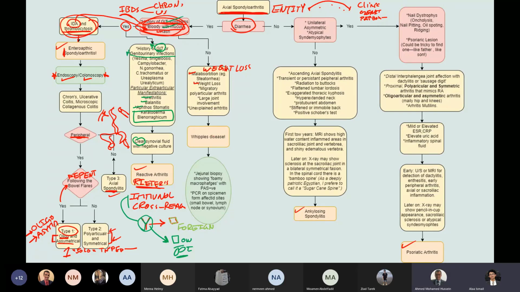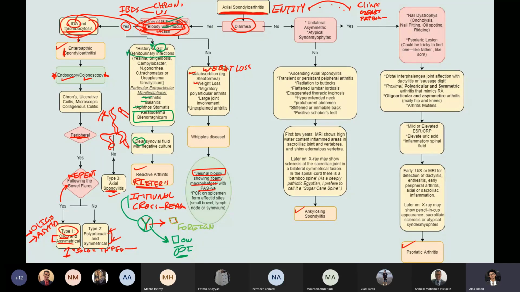This raises the possibility of Whipple's disease. To make the definitive diagnosis, you need to go inside the gastrointestinal tract to get a jejunal biopsy that's going to show foamy macrophages with